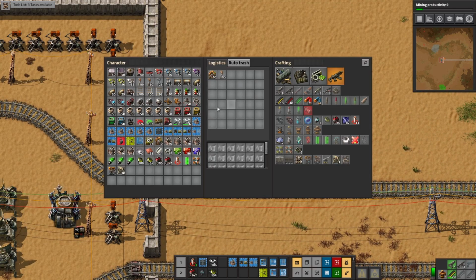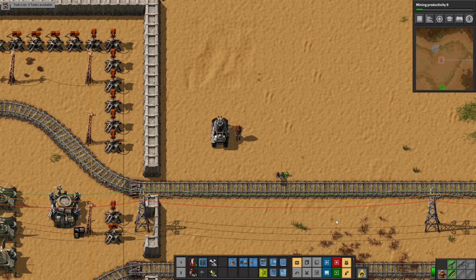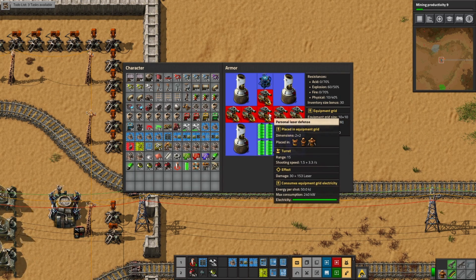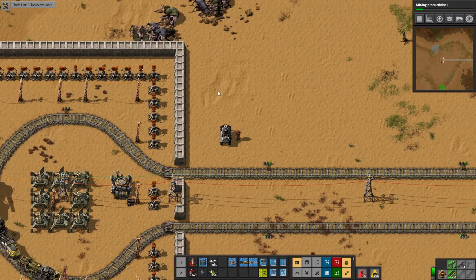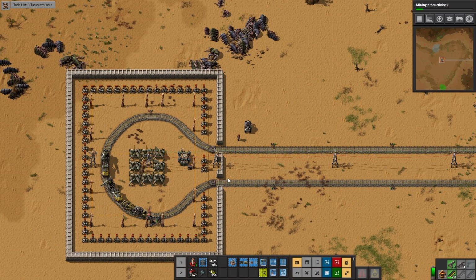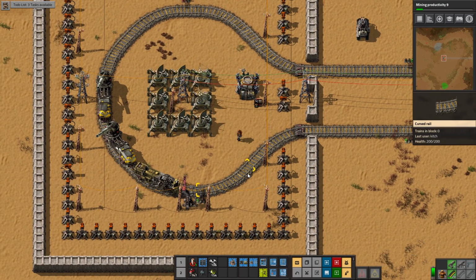In between episodes, I went ahead and built another tank, got some nuclear fuel, picked up some more combat robots, and kitted out my armor a little bit differently. I threw in 6 personal laser defenses. A lot of people have suggested that I use those, and I've used those in the past. They are very good. It's just this series I've invested a lot in the combat robots and felt like we